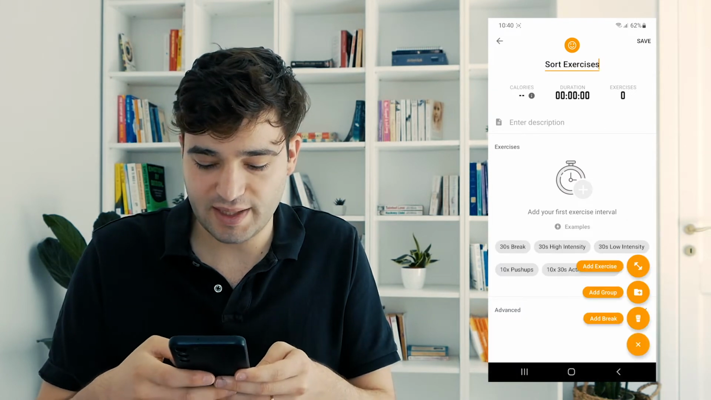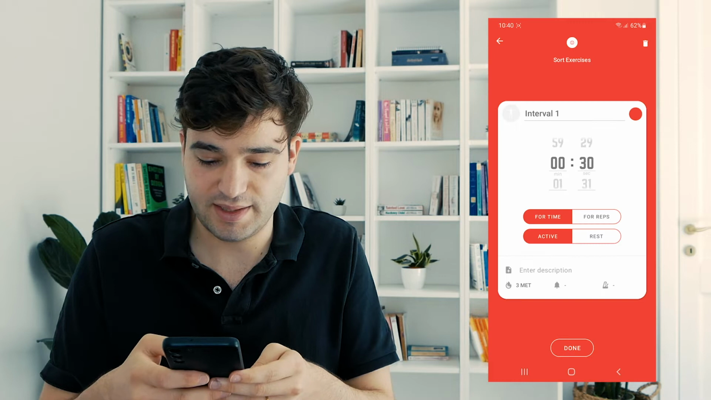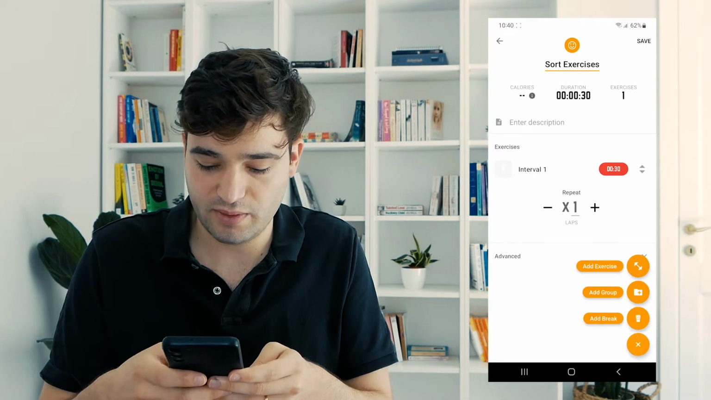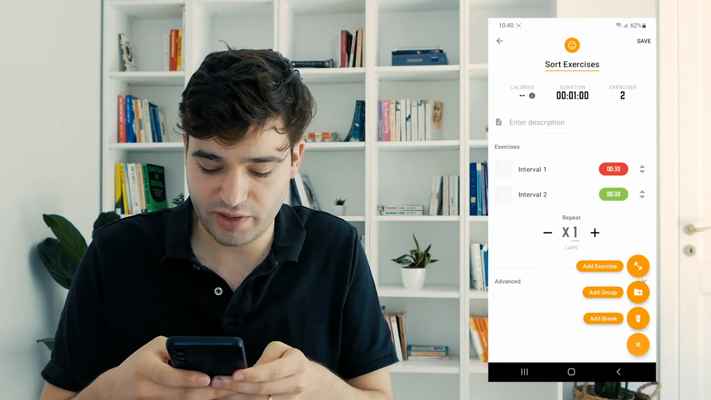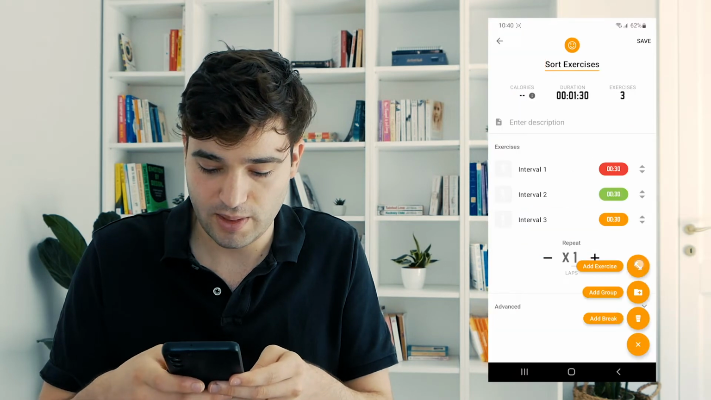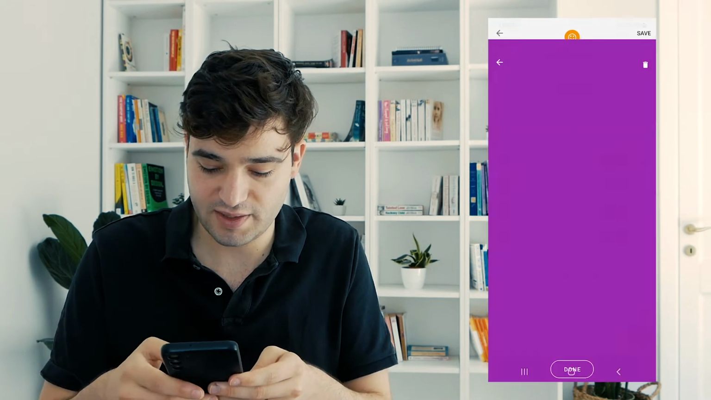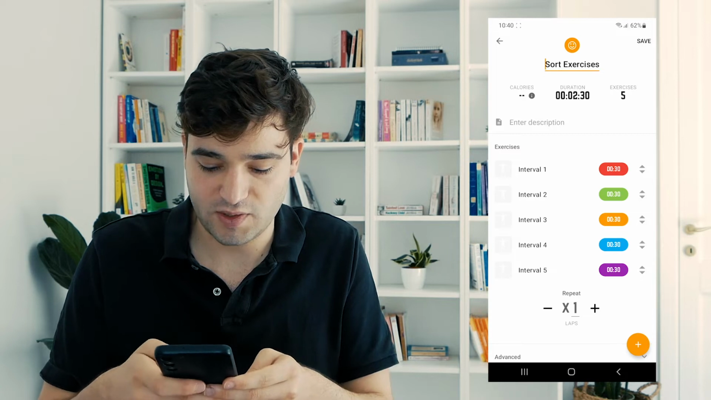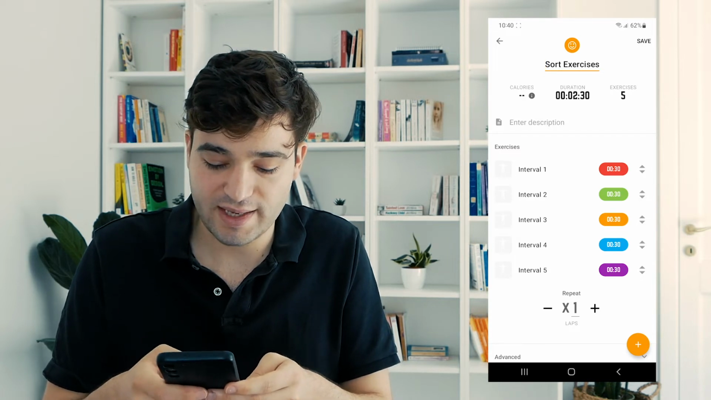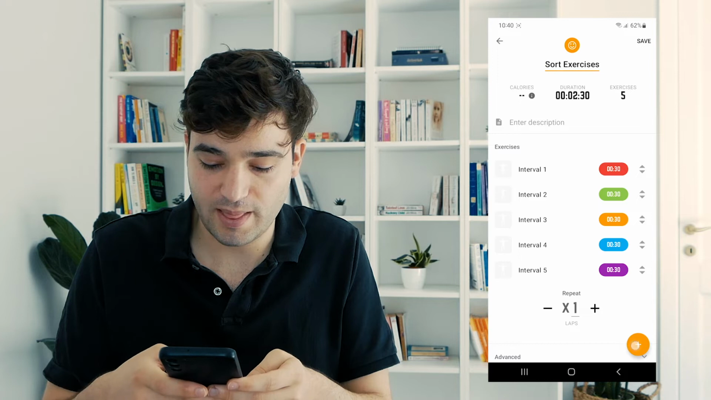And I'm going to press the plus and add exercise. I'm going to leave them the default, so interval 1, interval 2, and so on. Let's create 5 exercises. Okay, so we have 5 intervals, and now let's say that, for example, I create a